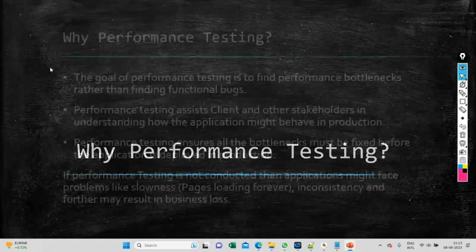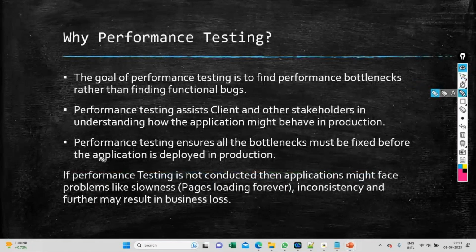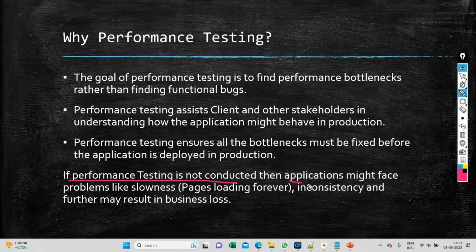Here, if performance testing is not conducted, then applications might face problems like slowness, that means pages loading forever, inconsistency, and further this may result in business loss. It is very much true. Every software application must undergo the performance testing phase. If any application skips the performance testing phase, there is a huge risk involved